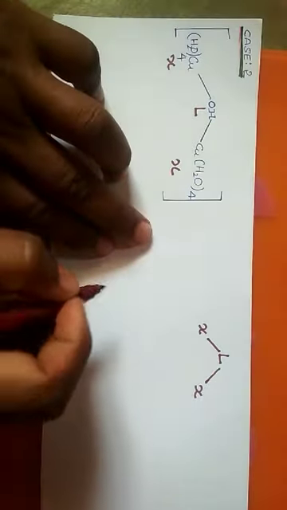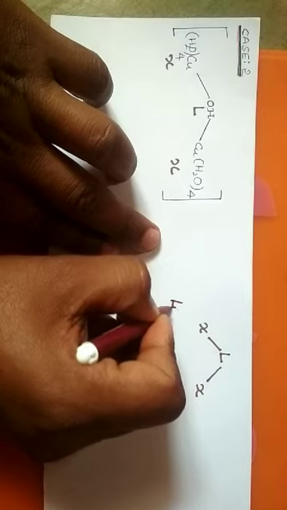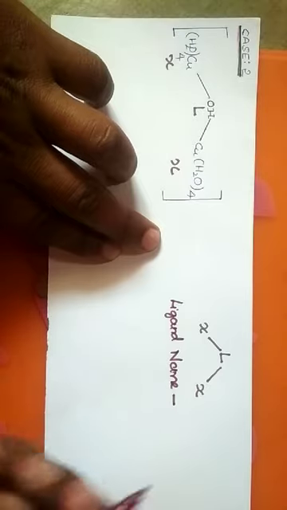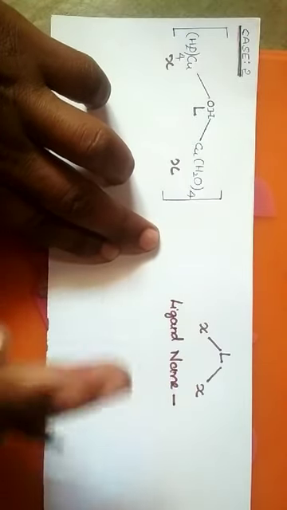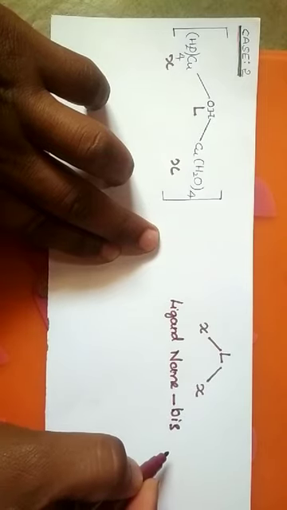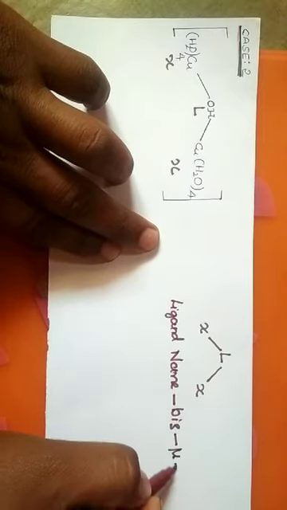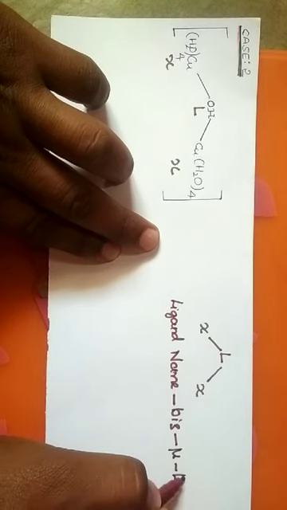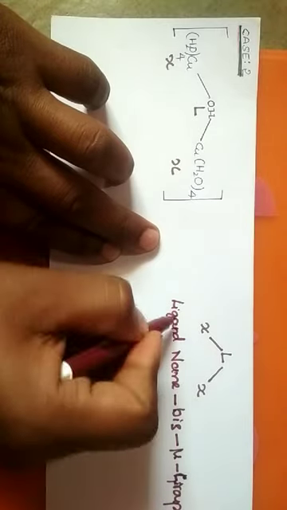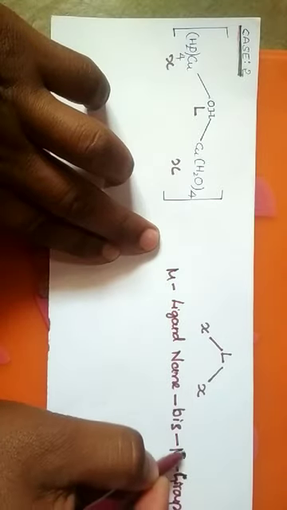When we come to case number 2, if both the groups are the same and the ligand is bridged at the center, then first you write the name of the ligand. Then you write how many same groups there are. Two same groups are there, so you write bis. If two groups are the same, bis. Because these groups are bridged to a ligand, you use the mu symbol. Then write the name of the groups. Sorry, you write the ligand name, that is mu, not this.